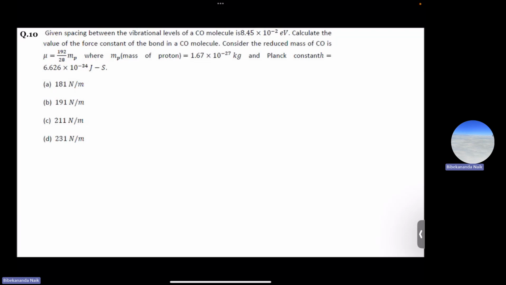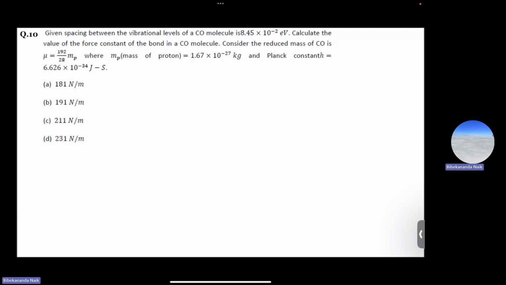So now the question is pretty much similar to the previous question, but the difference is that in the previous question the force constant was given and we needed to calculate the quantum number, but here the force constant needs to be calculated. The spacing between the vibrational levels is given, and if you remember the spacing between the vibrational levels,